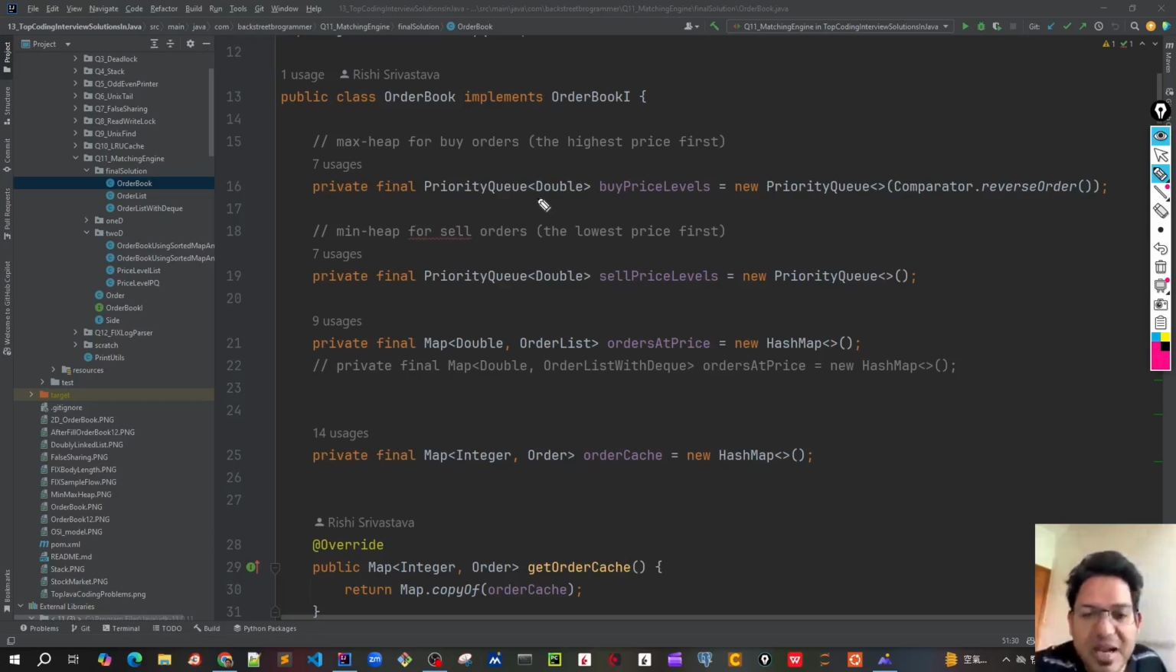Hello friends, in the previous video, we discussed the data structures that we are going to use in our order book. We discussed that we are going to maintain the buy price levels and the sell price levels using two priority queues, in which the key would be the price double itself. And the third data structure that we discussed was a map in which the price is the key and